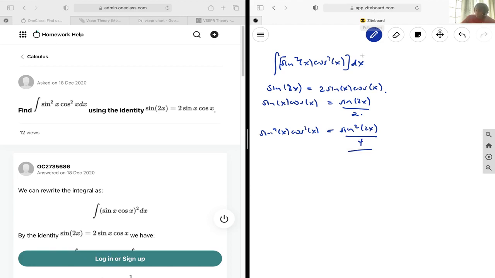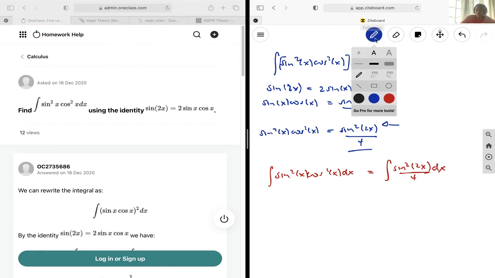And then furthermore, we're going to get rid of this. Just so that you are still following, we're going to put this into our question. So the integral of sine squared x cos squared x dx is going to be equal to the integral of sine squared 2x over 4 dx, because we found that these two are equal. And then we're going to simplify this further by getting rid of the sine squared 2x, and we're going to be using